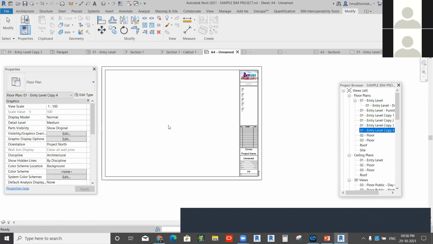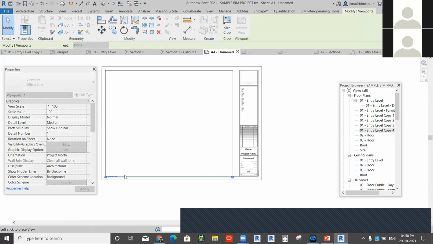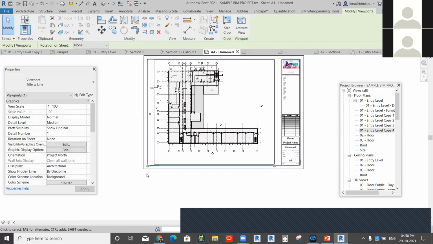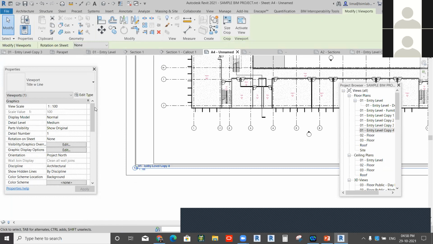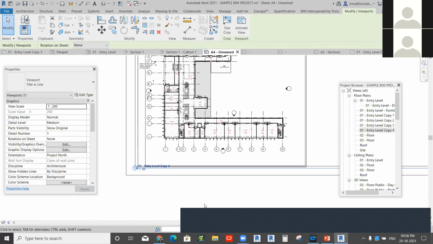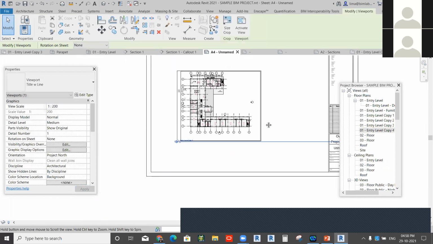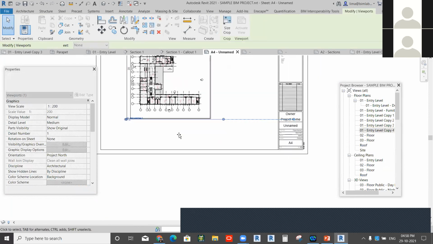Simply drag and drop. From here, after placing a view into a sheet, you can change the scale value, the representation, and the view name also. And the line and the name also you can edit.